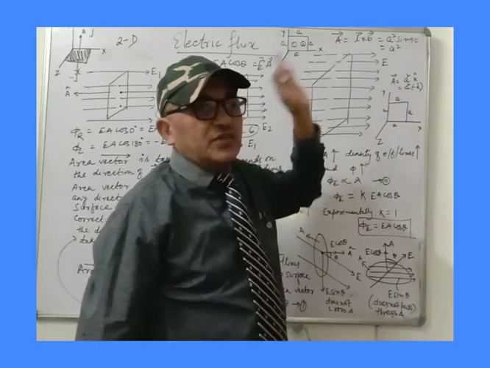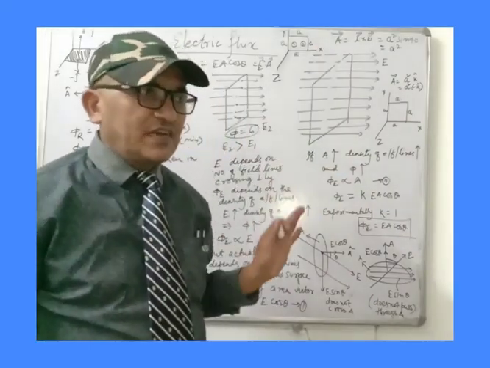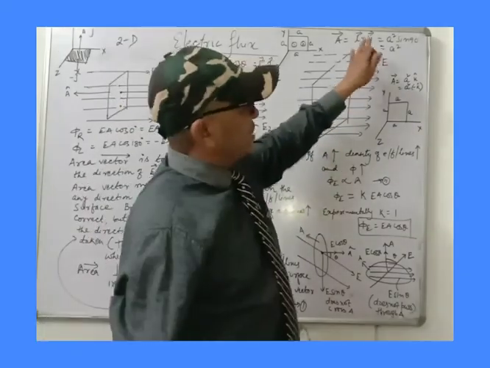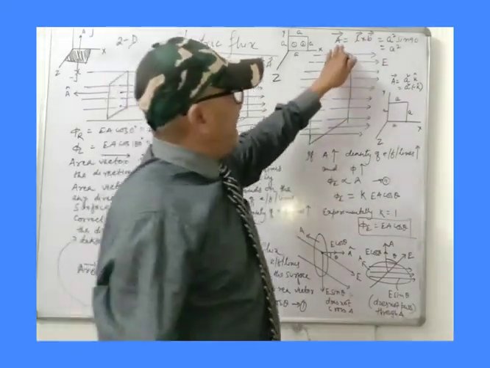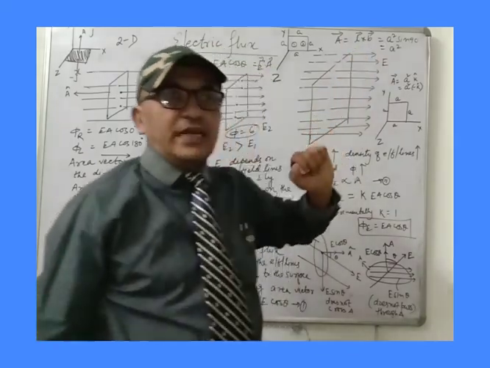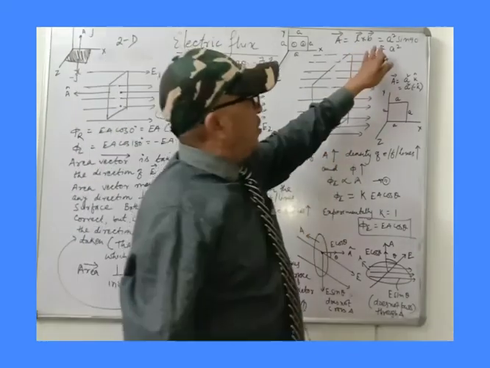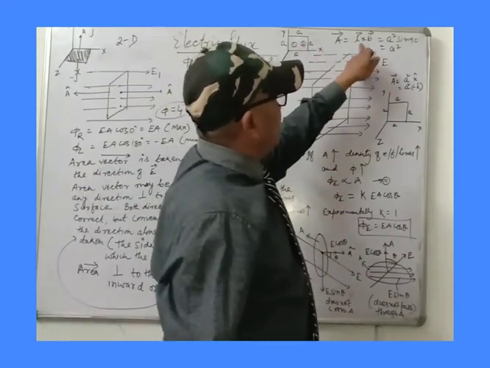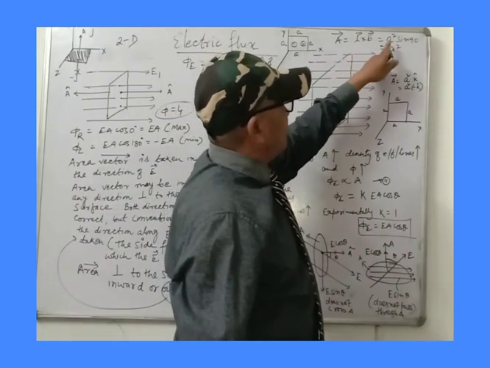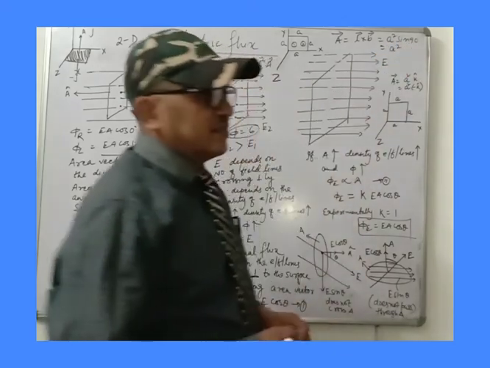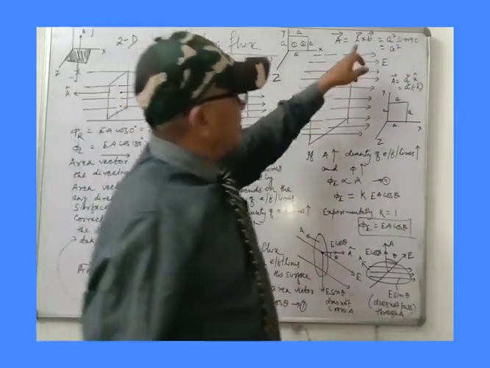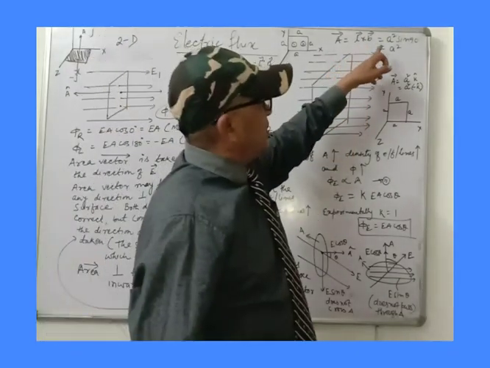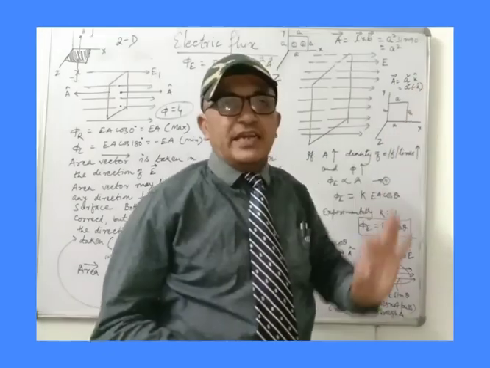Because we took the magnitude only in the previous classes. But in class 11 or class 12, we have to take the vector product. So area is actually the vector product of length and breadth, or you can say side and side. If you take a square, then length will become A and breadth also will become A. So it will be A square, and since the cross product of two vectors, suppose A and B, will be AB sine 90.